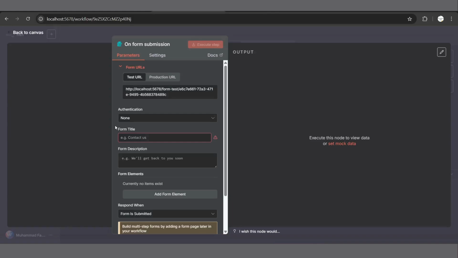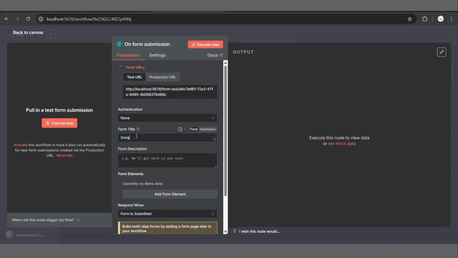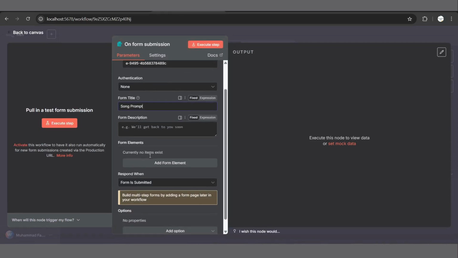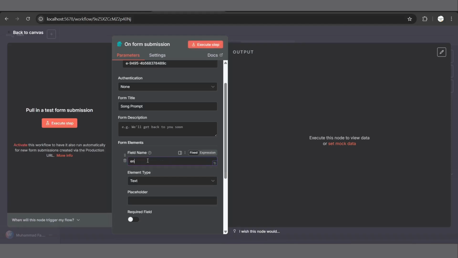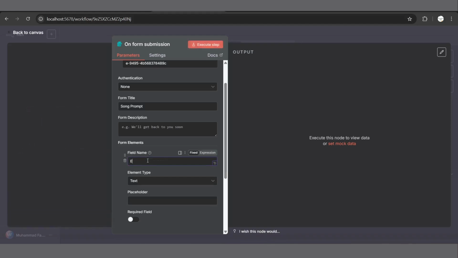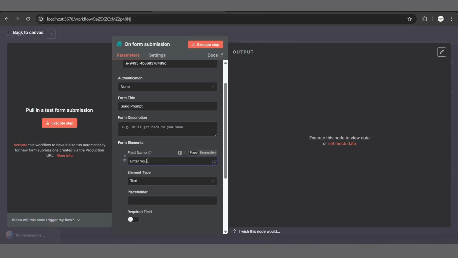Now let's configure this. First we have to add the form title, for example song prompt. You can add any title you want and here you can see the form description. You can add the description if you want. I'll skip this for now and I'll simply click on this add form element and element type is text and here we have to add the field name, for example enter your song idea here. I'll simply press Ctrl plus S to save this